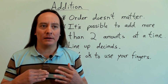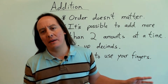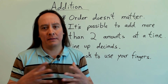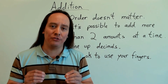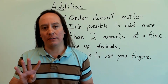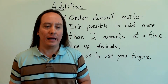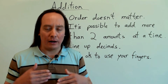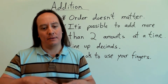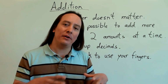Now, I've had some people talk to me about their bad experiences in math. And they just say, I don't like math. I never liked math. I was never good at math. And I think some of that has to do with their lack of mastery. Not just knowing how to do it, but being masters at these 4 operations. And even I make a lot of mistakes too, but I do try to improve my speed and my familiarity with the numbers. The more I do them, the more I add them, the more I do these operations with them, right? And again, if you can master those 4 operations, chances are you'll have a much better experience